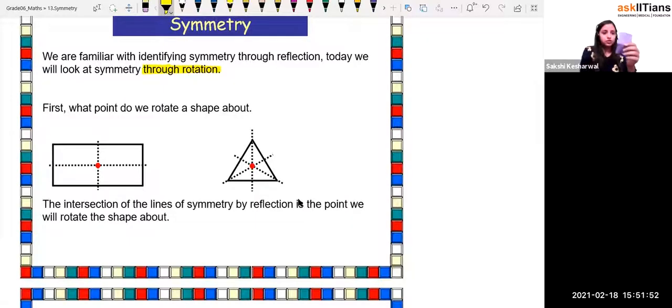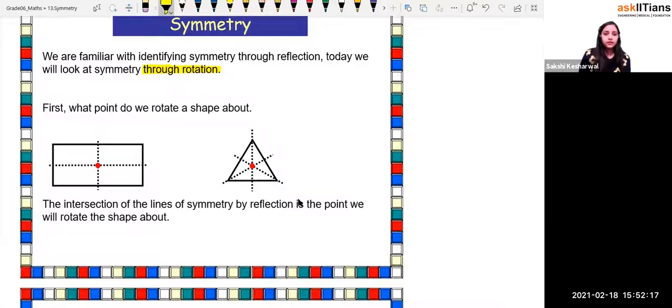Can you see this? If I put a pen here, I just store it. So if I store it like this, this is known as, beta, the point of symmetry, and this is the point we are going to rotate. But there will be questions where they ask you to rotate it from this corner, or this corner, or this corner. But if it's not asked, then you have to take the point of intersection of all the symmetries. So today we'll be discussing this only, right?